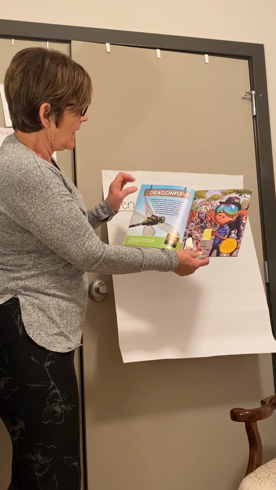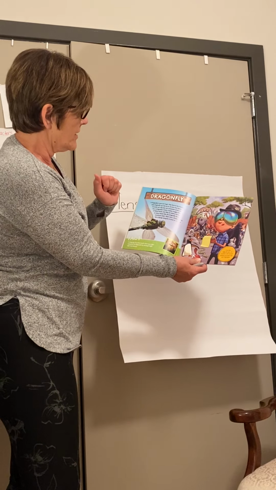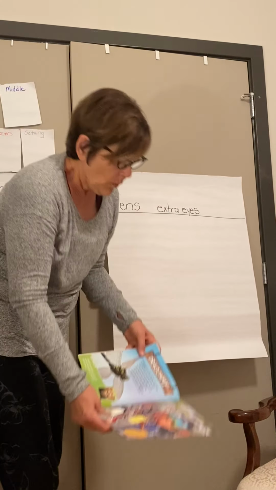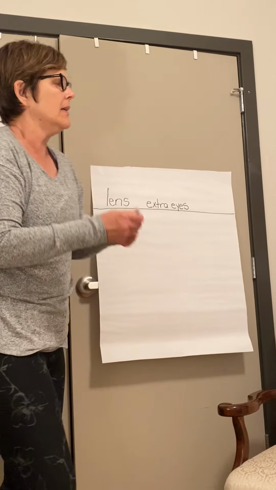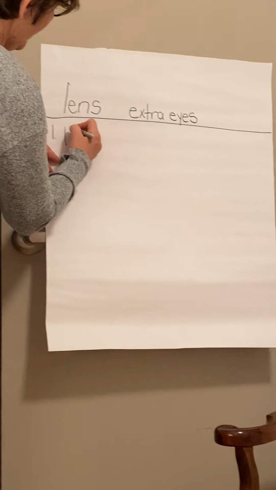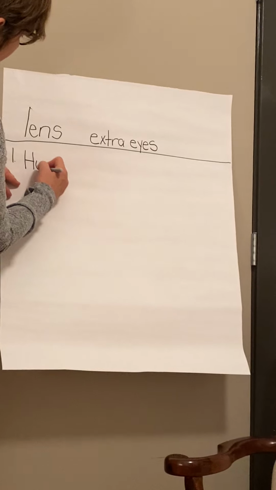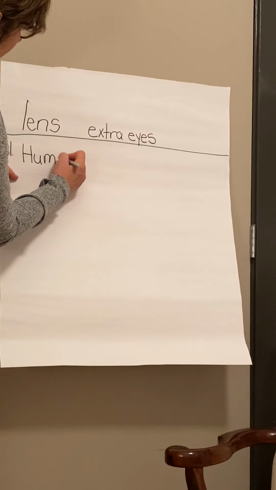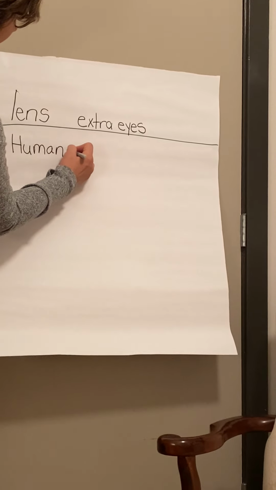So I see here lenses, 30,000, and I remember, oh yes, one of the important things was our first one. It was very important that humans, which is us, human eyes